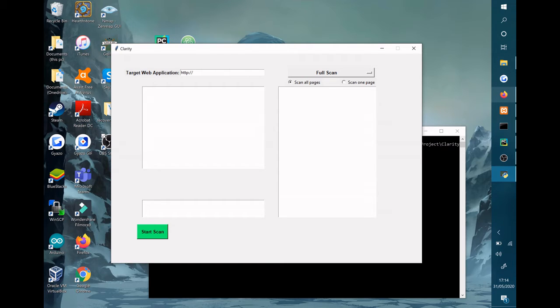Below it, the text area will list all web pages found in the application. Below that will display the current page being scanned, giving the user an idea of the progress being made. In this drop-down box, the type of scan can be selected,